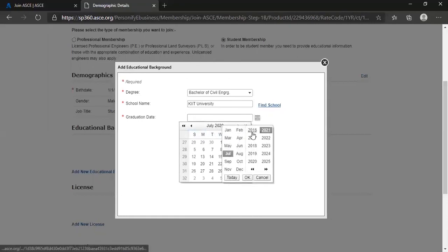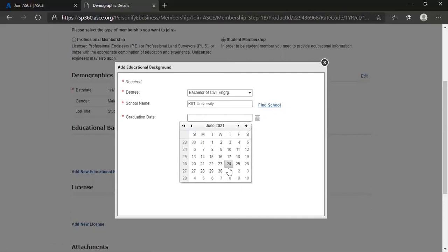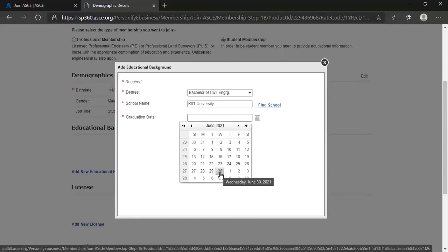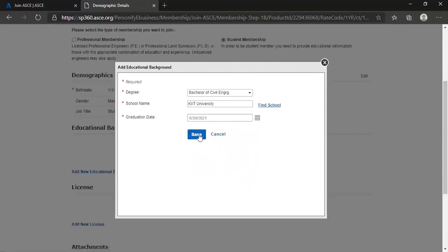Yeah, 2021 June. Then you can select a random date. Basically just fill the year properly, the year in which you are going to pass out, and also put a date and let it be in the month of June, any date. Then click on save.